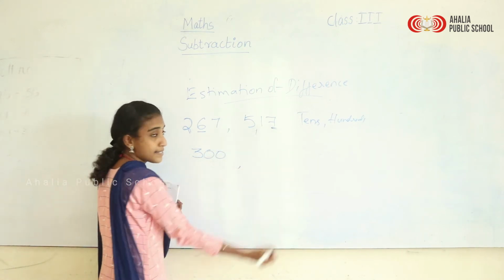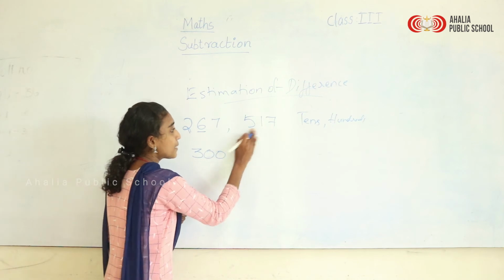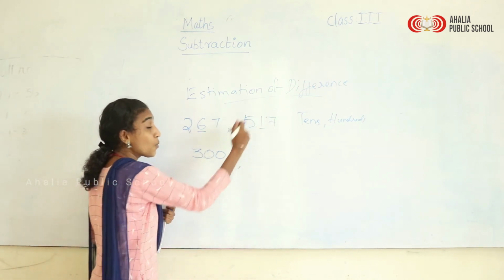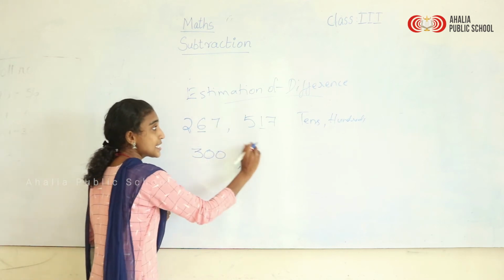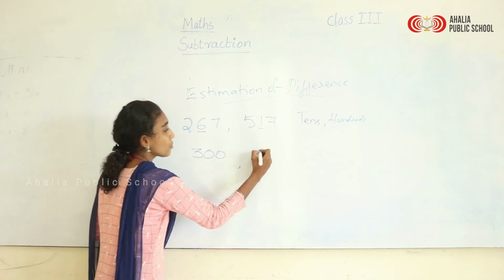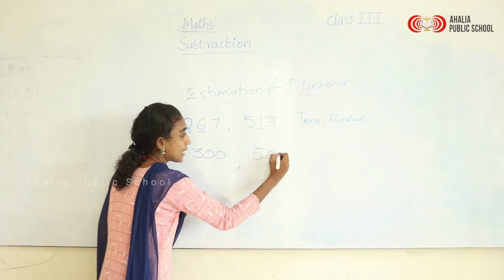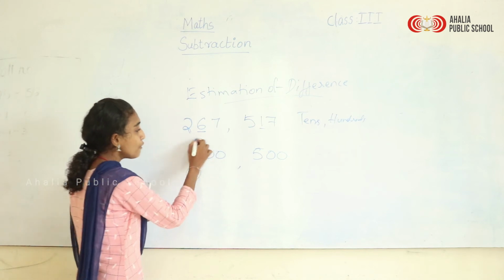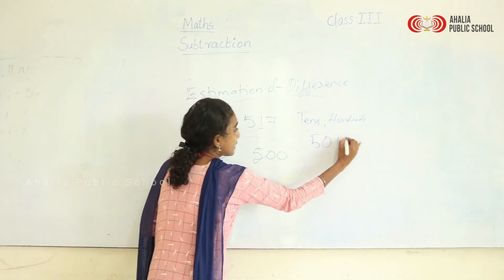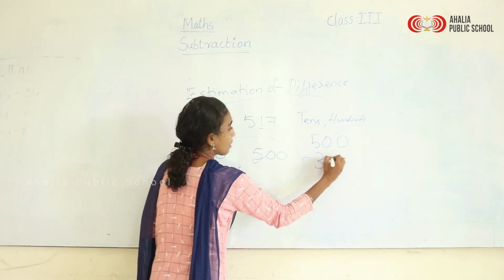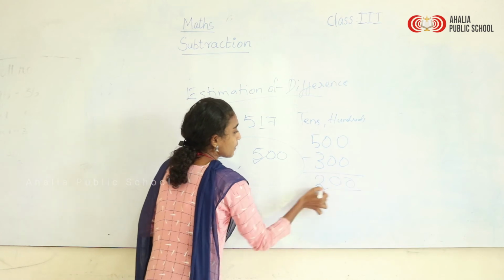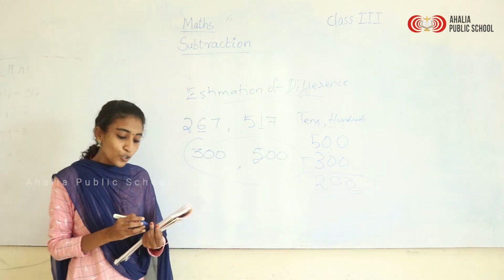Right? Now 570. We will check the number in the tens place. 1 is less than 5. So we will round down this number to the same hundreds value. We have learned this in the first chapter. So the answer will be 500 itself. Now, how will you do the subtraction here? We will take the bigger number first and the smaller one next. 5 minus 3 gives 2, and the answer will be 200.